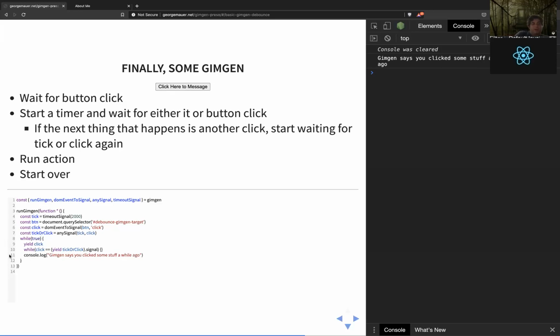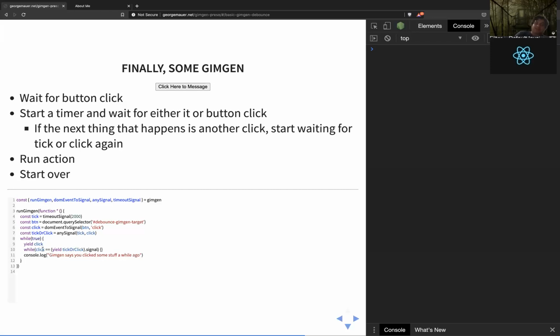And now we're going to loop forever. So while true, we're going to wait for that first click. So none of this starts until that first click. And then we're going to wait until either the next click or the clock to tick.